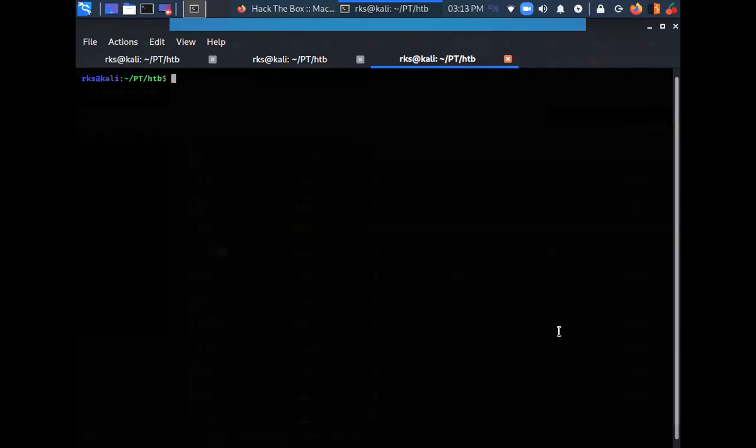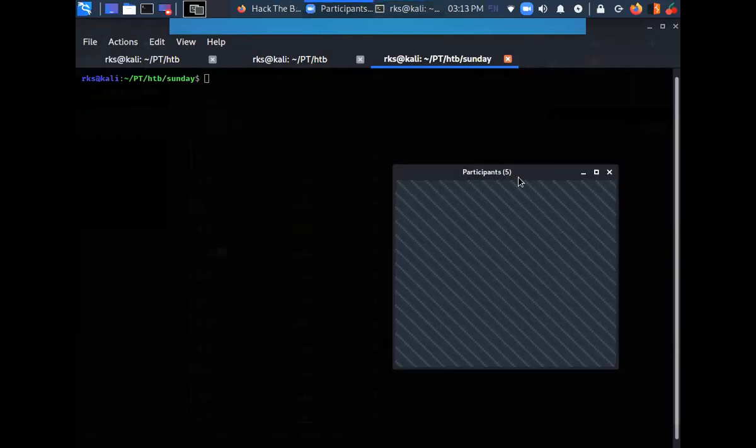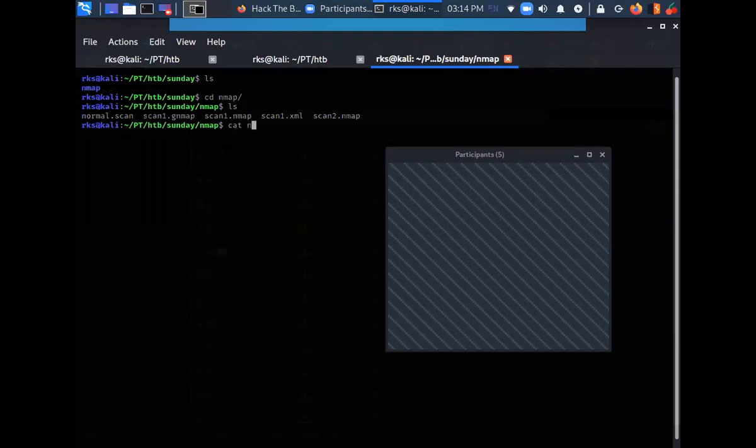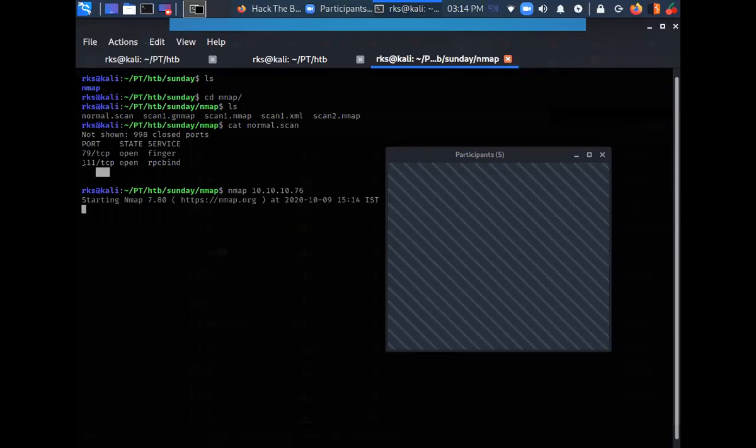Okay, cool. So I have already created the directory name, and I believe in our last session we were not able to do a port scan. We were facing some internet issues, and along with that, this full port scan also takes a lot of time. What I have done is I have created this directory, and I have already scanned this machine. Let's do the normal scan. So when I did nmap target IP address, this was the output.